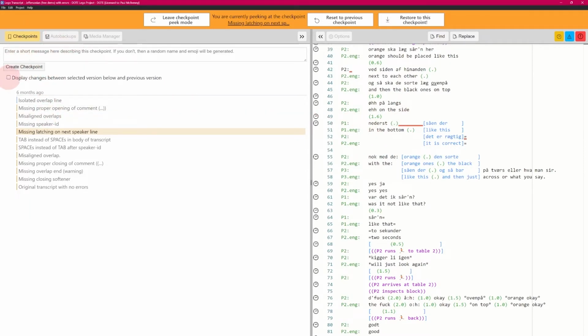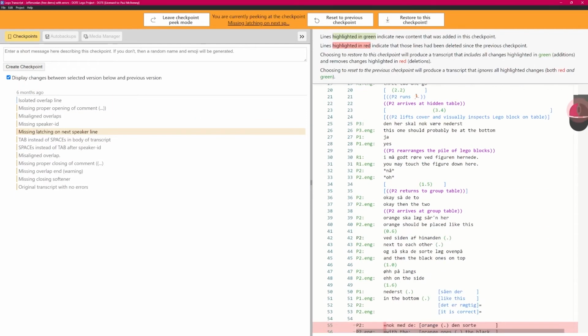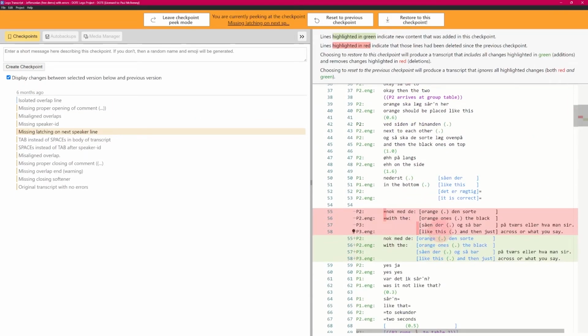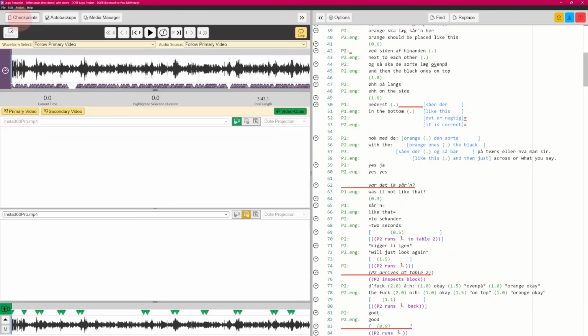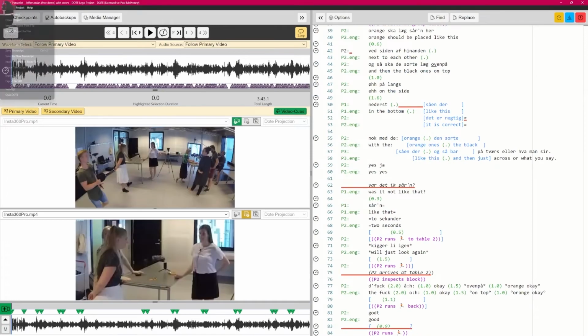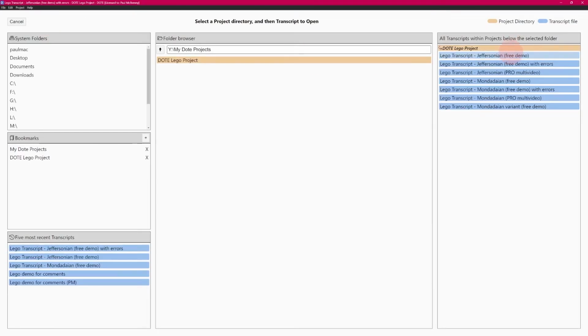But in the DOTE Pro or Pro Community edition, you'll get this, where you can actually see the differences between the current version of the transcript you're peeking at, and the previous one, so you can see exactly what changes were made. And there's some explanation up here. So what I'm going to do is just leave peek mode here, leave checkpoint mode,